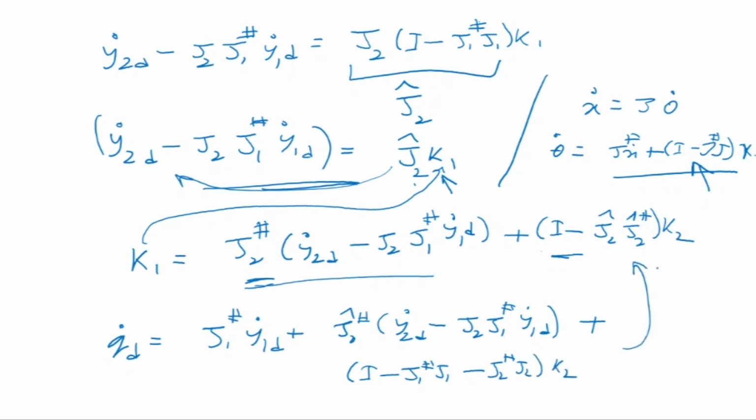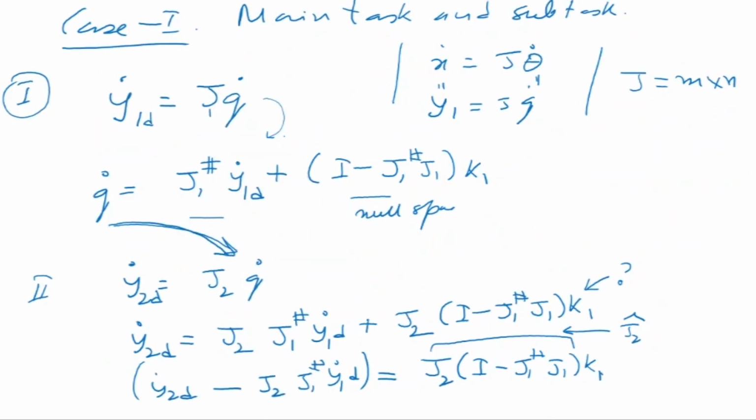Okay, now what is the meaning of this? Let's try to understand the physical meaning of this. One part is the maths part of it, but let's try to understand the physical meaning. The physical meaning of this is that whenever there is a matrix J, m into n, and you're trying to invert it, the solution is this. So the solution will always involve two parts now. So when we first wrote our solution, let's go back there. Let me explain what I did. We first had our first task, given by this equation. Now J is non-square, m into n.